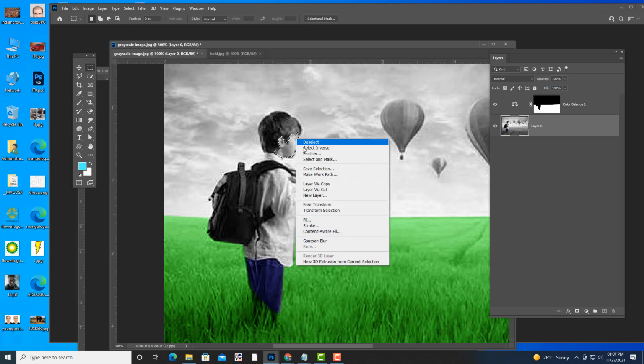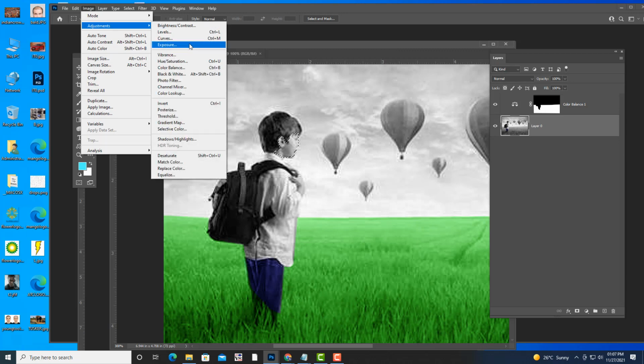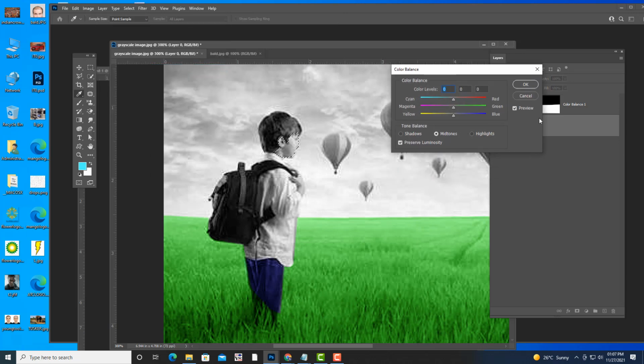Okay. See, I'm not picking the skin tone here. I'm going to go to image adjustments, color balance. So I'm going to select the color balance. Actually we want some fleshy color for the skin. Skin has to be some fleshy color, right? So I'm going to increase the reddish color, and try to reduce the other colors, or increase the other colors such as green, so that we get close to the skin color. See, something like that.